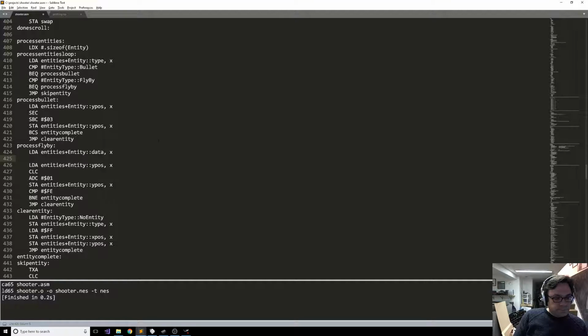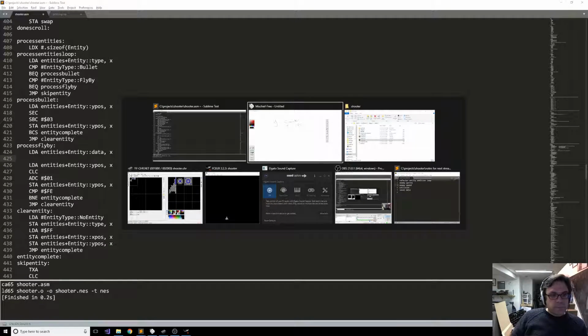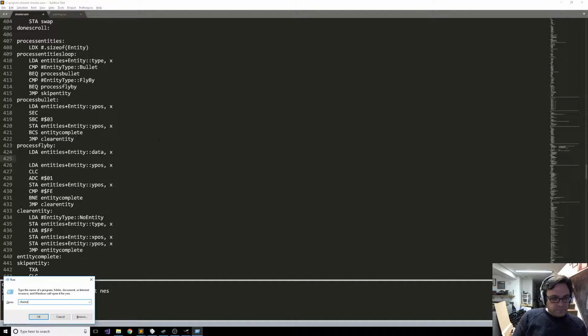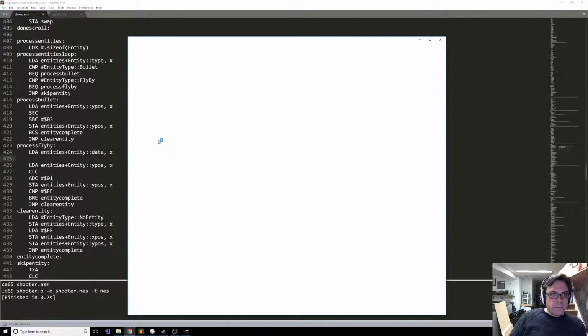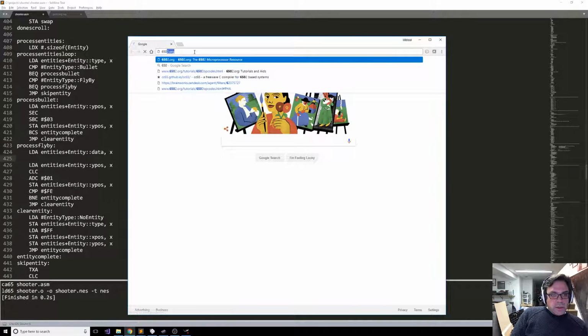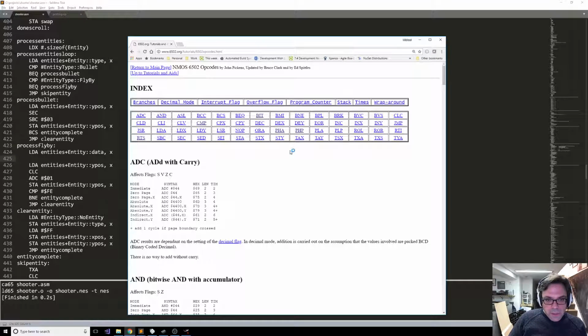So I always forget if it helps if I spell Chrome correctly. The increment is